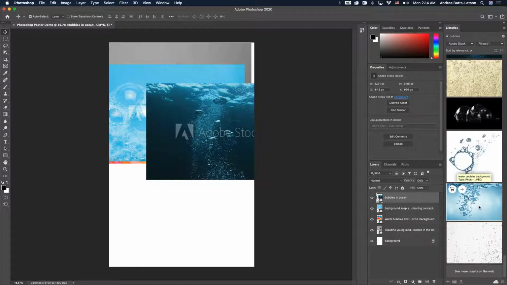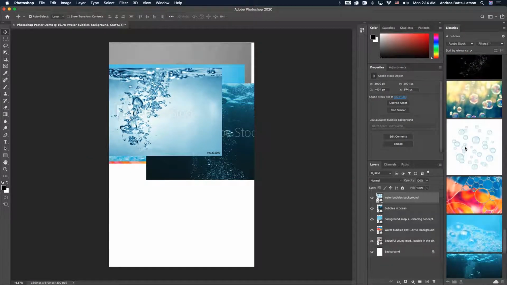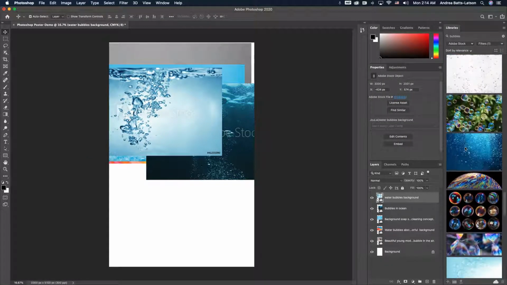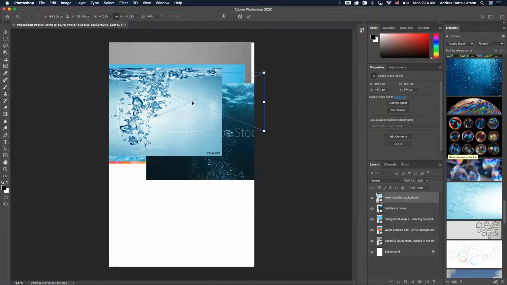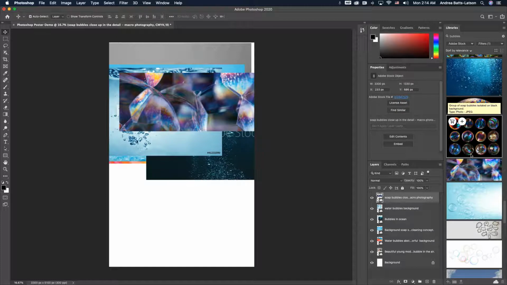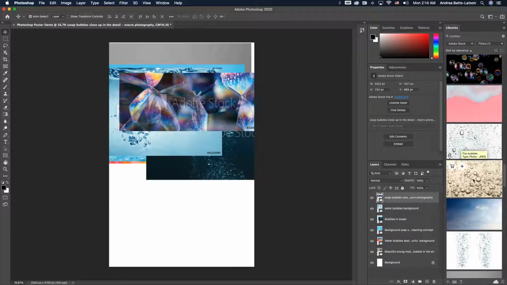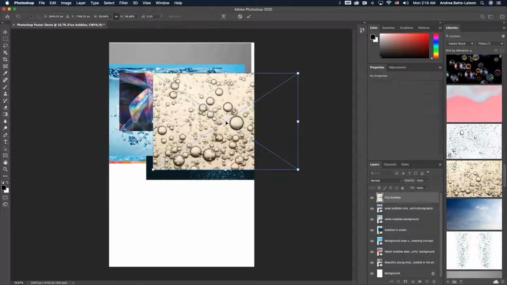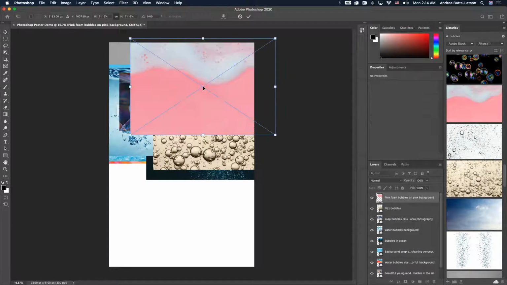Oh, I really like this one. I might actually use this one instead of that one. We'll see. Right now, I'm just going through and grabbing some photos. I like that one. I like this effect. And who knows? I probably won't use all of these, but definitely going to use some. I like that one. And this is my typical workflow. I do grab photos. I grab a whole bunch